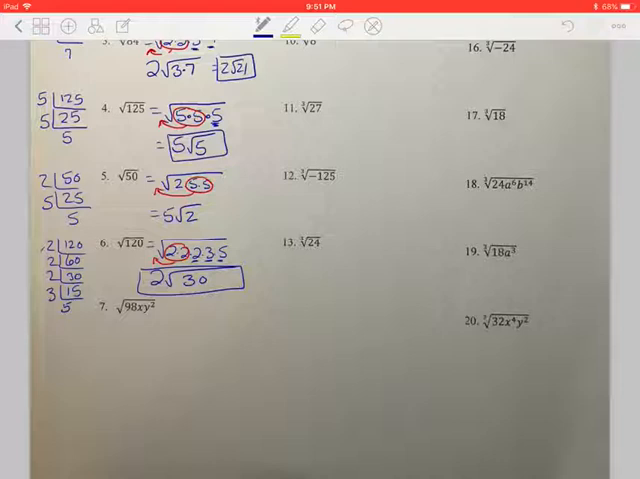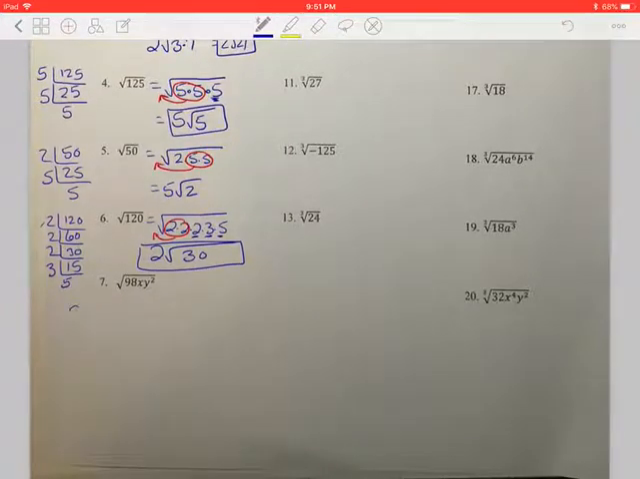Now what's kind of nice about this method is that it works with variables as well. So if I look at number 7, I want to break down 98 first. That is divisible by 2. So it's 2 times 49, and then 49 is 7 times 7. So whenever I break this one down, I want to go 2 times 7 times 7 times x, but then I want to write my y squared